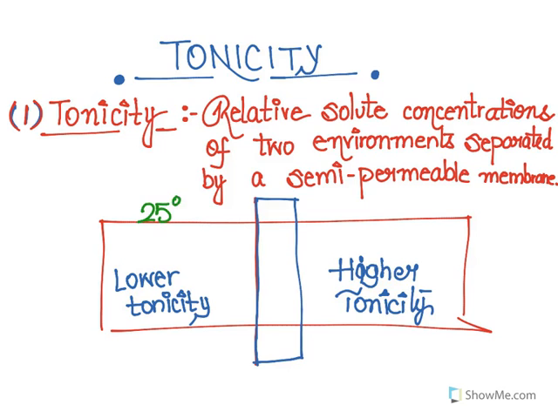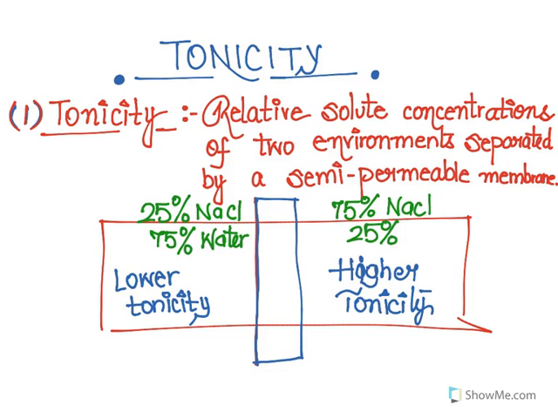Let us say this side has 25% of sodium chloride and 75% of water, as compared to the other side, which has 75% of sodium chloride and only 25% of water. So hope it makes some sense that the solute concentration is lower in this area and it's higher on this